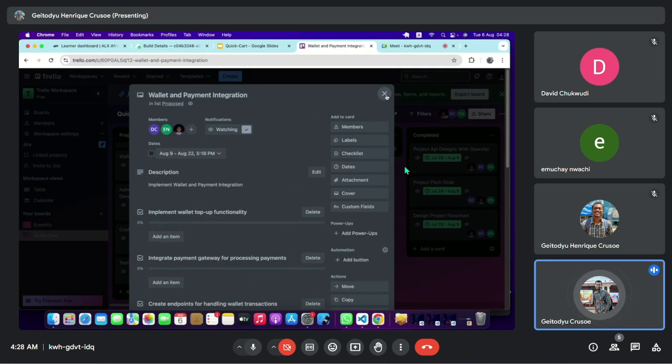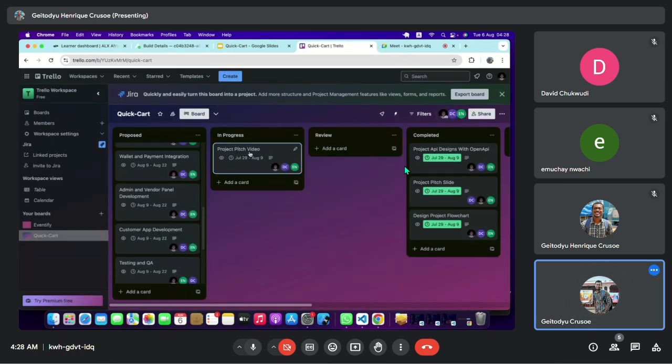Okay, and once the project starts, we also assign tags to each member. So for in progress, this is the portfolio page that we're currently recording at this moment as we speak. And review, we don't have anything yet because we haven't created anything to test yet. So for completed